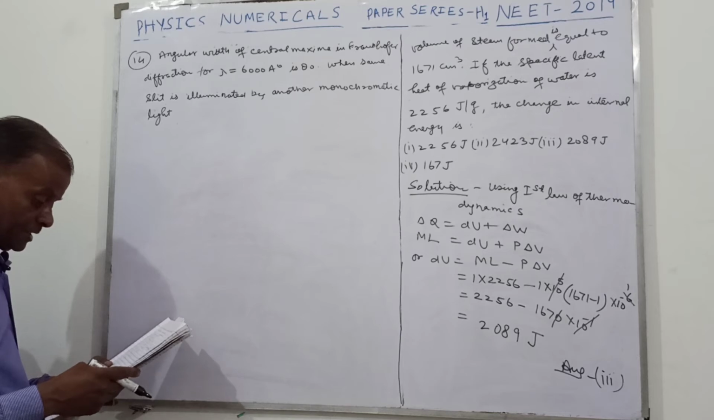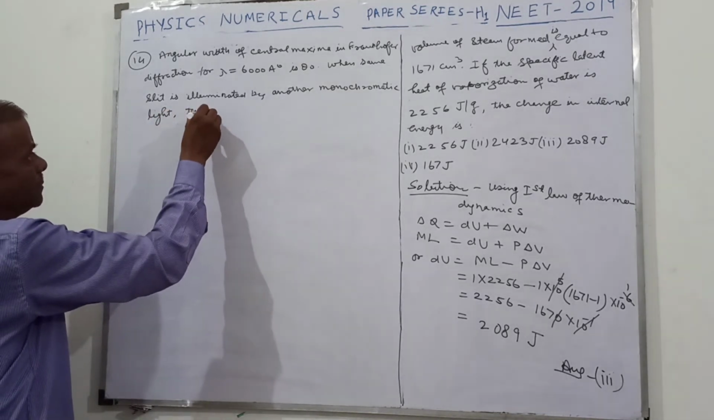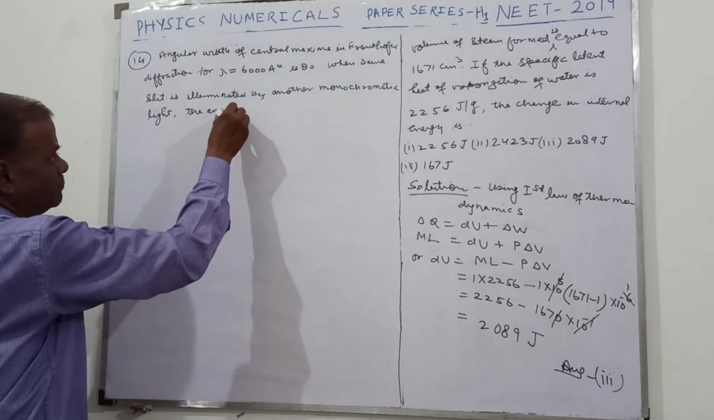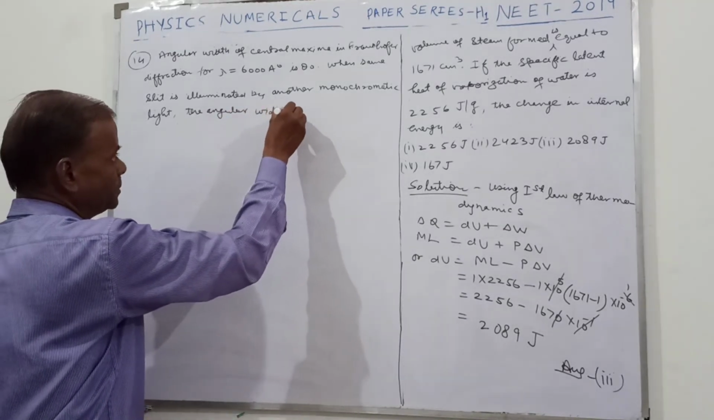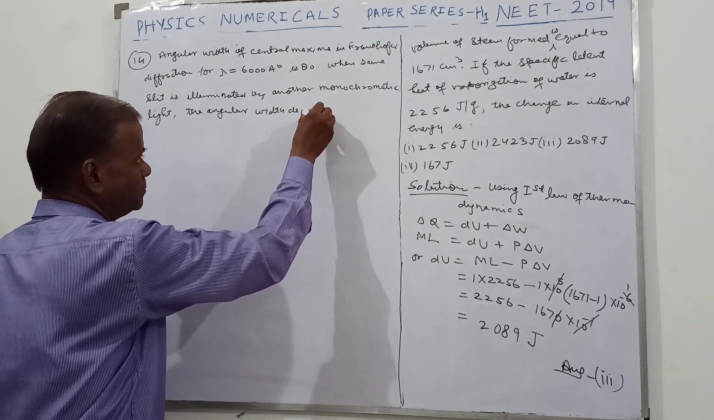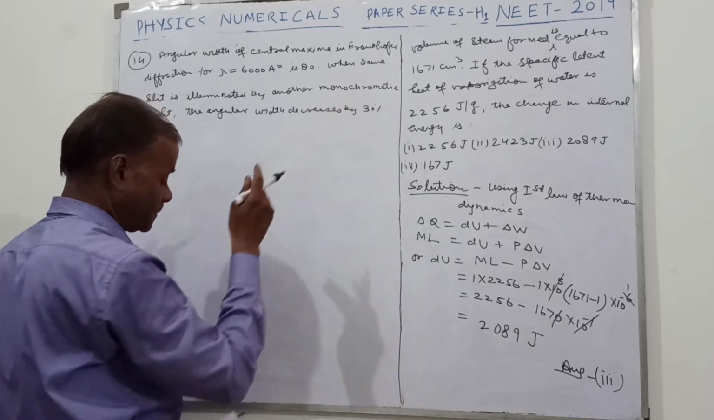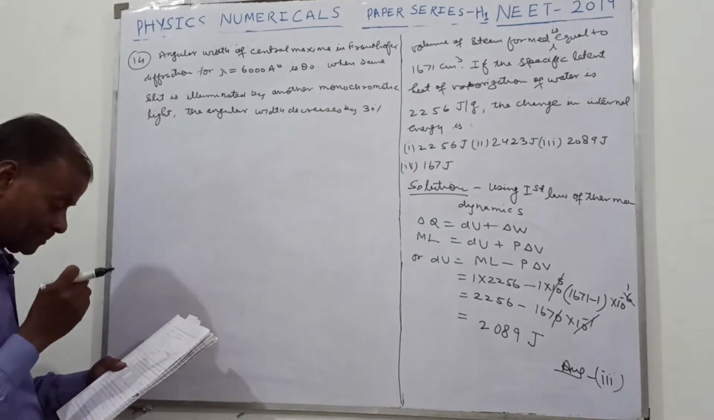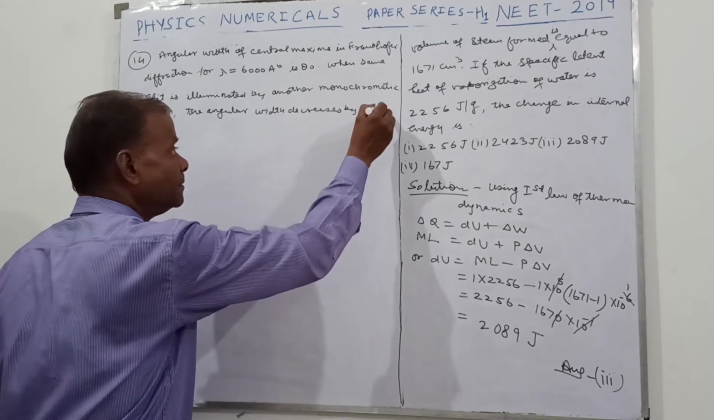The angular width decreases by 30%. The wavelength of this light is